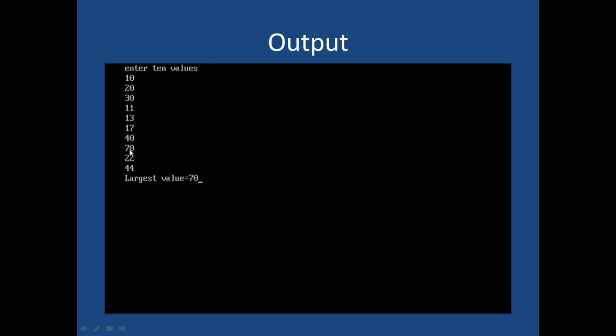तो 70 आपकी पड़ी हुई है कहाँ पे? अगर ये x of 0 है तो ये x of 1 है, x of 2 है, x of 3, x of 4, x of 5, x of 6, x of 7. सो x of 7 वाली वैल्यू जब लार्ज को असाइन हो जाएगी, तो उसके बाद कोई भी जो वैल्यू होगी x of 8 और x of 9 वो लार्ज से ग्रेटर नहीं होगी. So large would contain the largest value. So after the completion of the loop, जब हम large को display कराएंगे तो जो largest value होगी वो display हो जाएगी, जैसे यहाँ पे 70 display होगी.